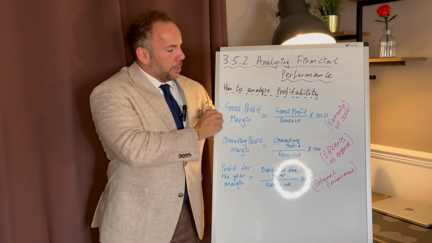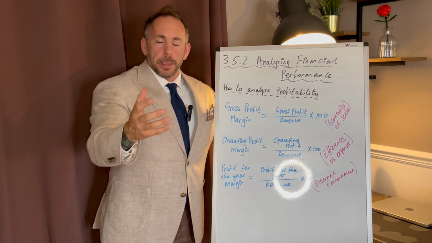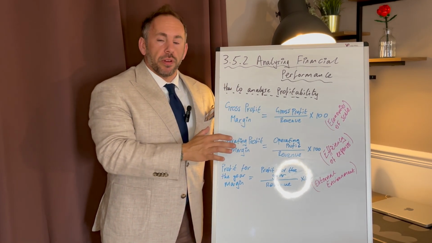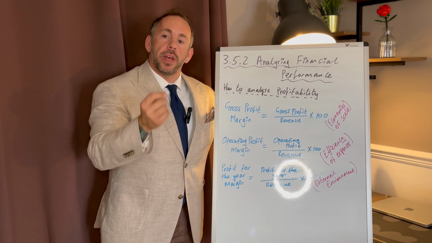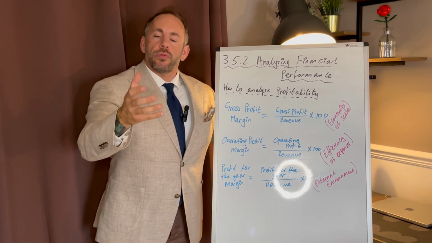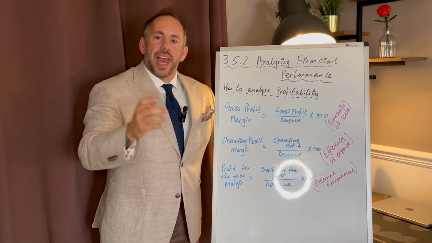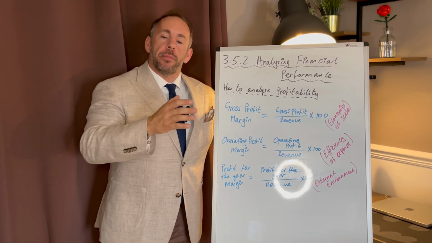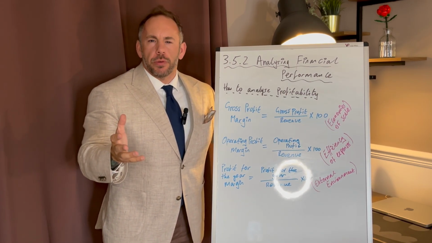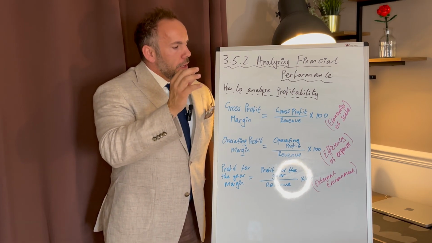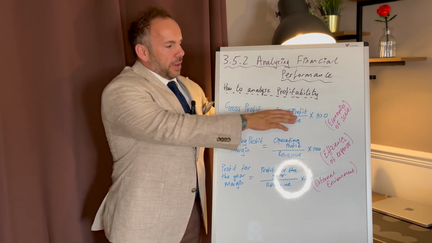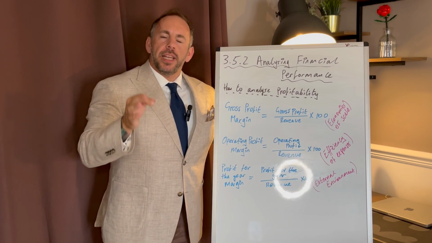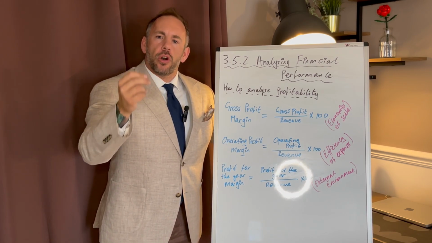Let's start at the very top. The gross profit margin, simply stated, would be your gross profit divided by your revenue and times by 100. You'll arrive at hopefully a percentage, and it would probably be advisable to go to 2 decimal places. But if you're being asked to calculate this, please check what the question's looking for. The gross profit margin, as I've put over here in pink, is a really good reflection of the economies of